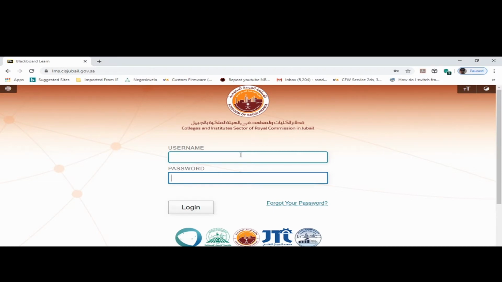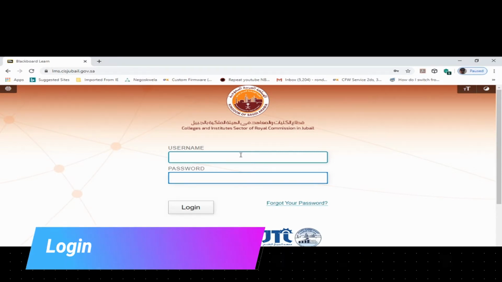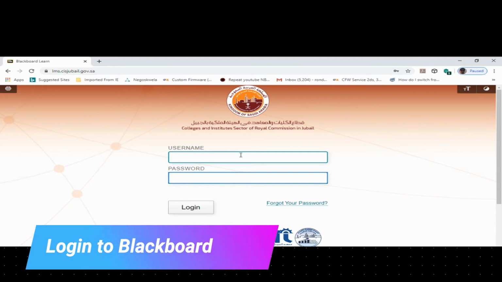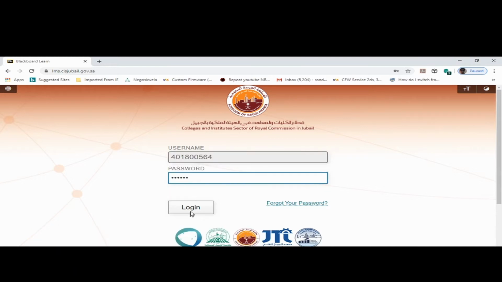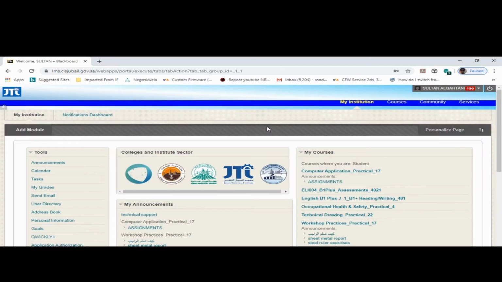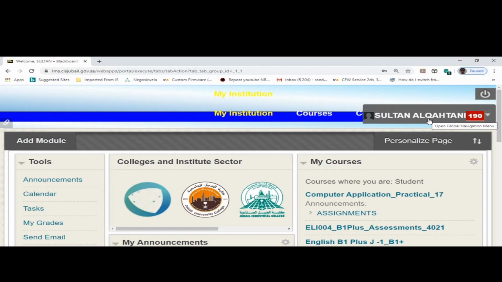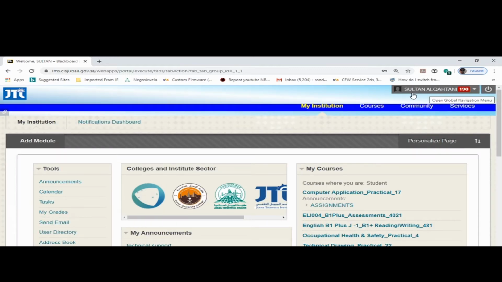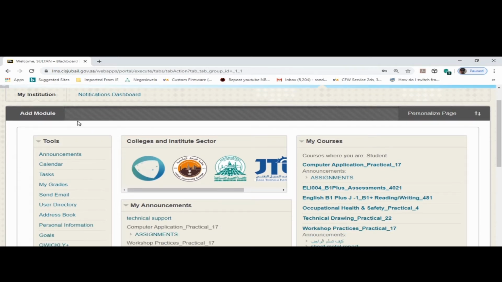So the first thing you are going to do when you open the Blackboard site is to log in. When you log into your Blackboard, you are going to see your name on top. Here, the name you can find. This is the name. If for any instance you want to change your password, go here,